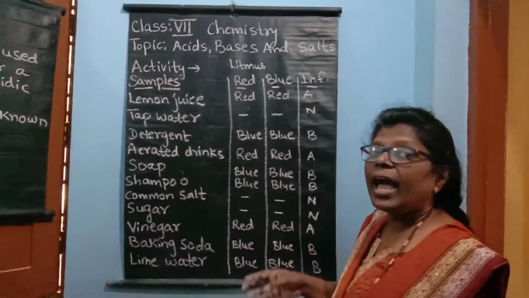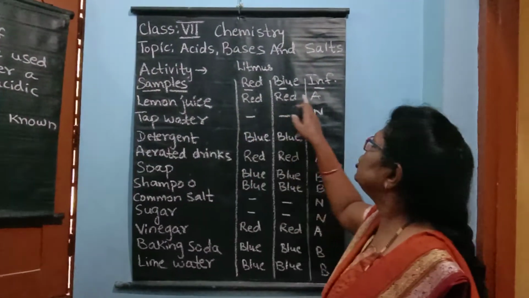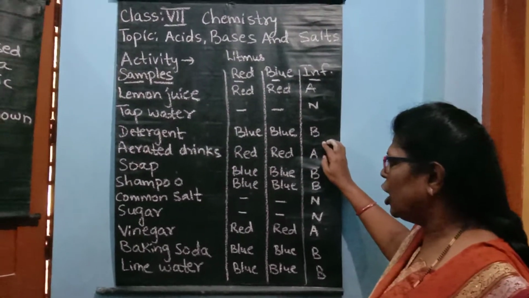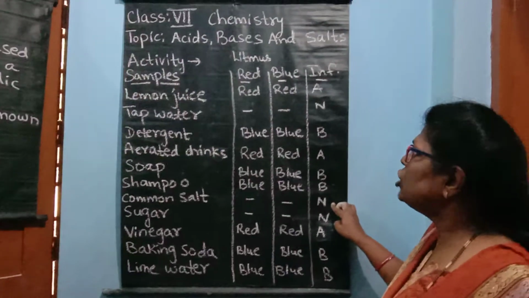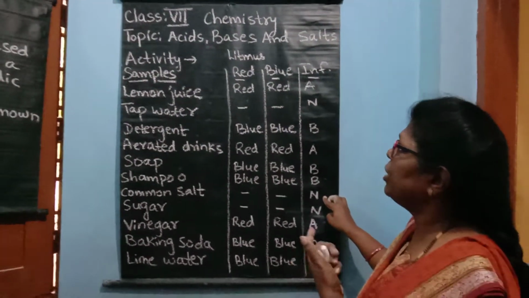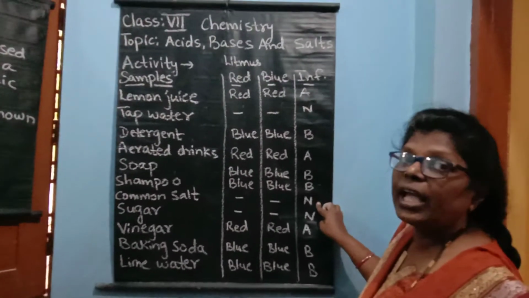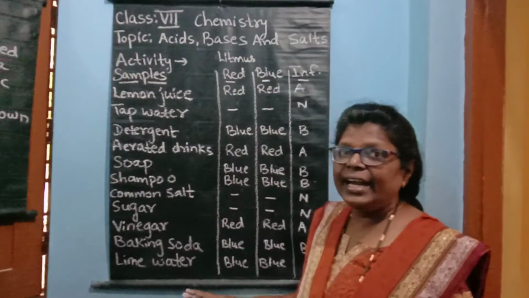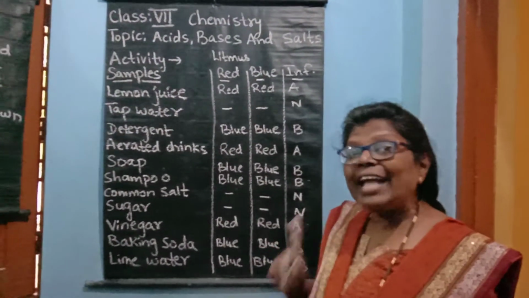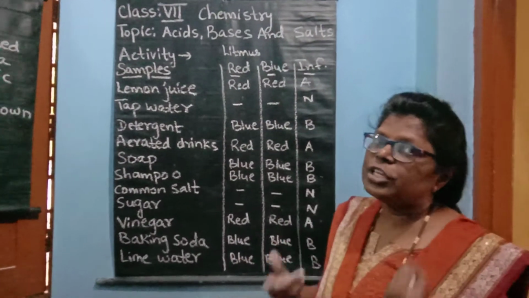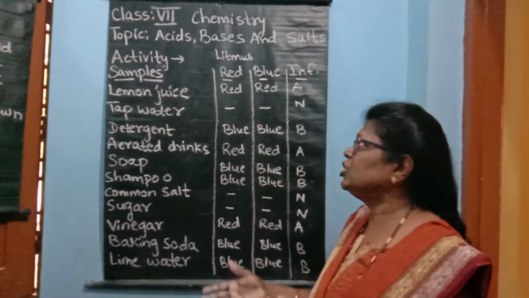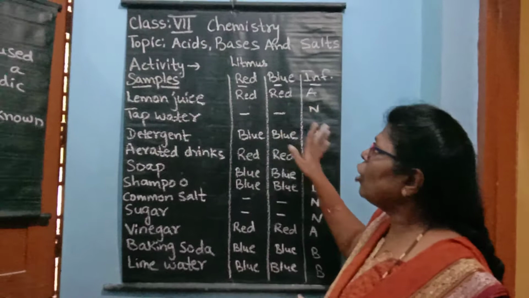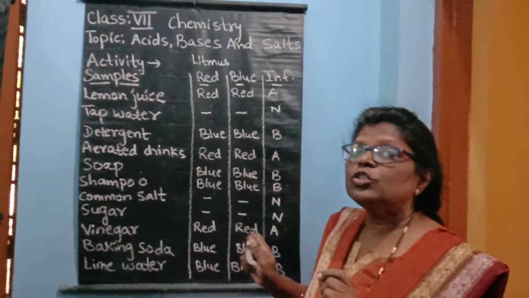So in this way children, what we have seen is that there are some substances which are acidic in nature, some substances which show basic nature, and some substances which do not change the red litmus paper or blue litmus paper. Therefore they are known as neutral substances. So what have we used here, children? Which indicator have we used? The natural indicator, that is litmus. You can use the solution form also, or you can use the paper strip. Here we are using the paper strip so that you can handle it easily, note down the observation, and then do it correctly.